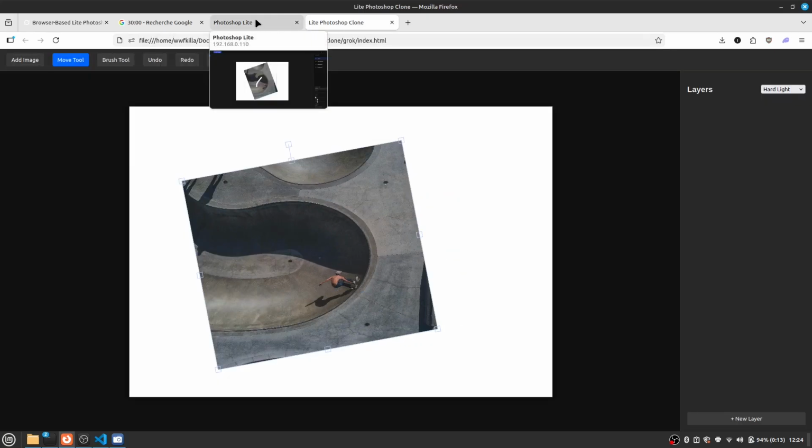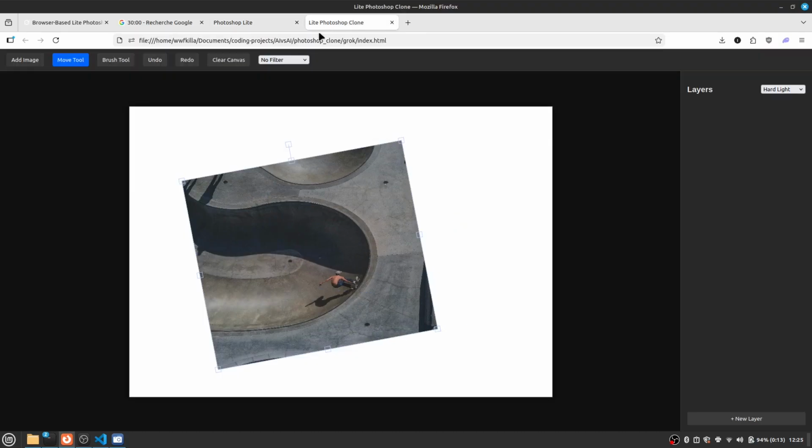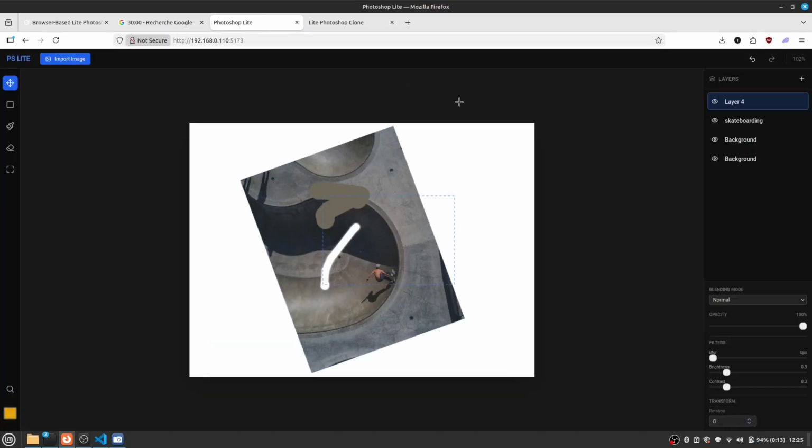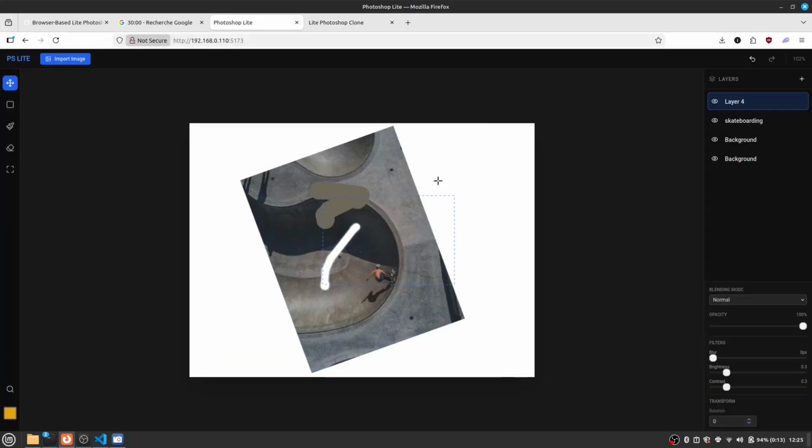So these are the two Photoshop versions that we came up with today. Not gonna lie, Gemini takes the win by a large margin. There's more functions, there's more features. Most of them work, some don't, but almost all of them didn't work on the Grok version. So that's a win for Gemini. Tell me which one you like better. I think personally it's an easy pick, but